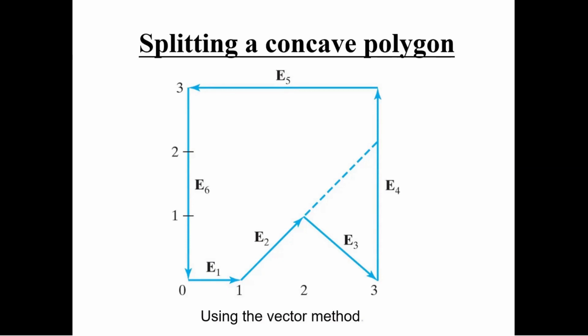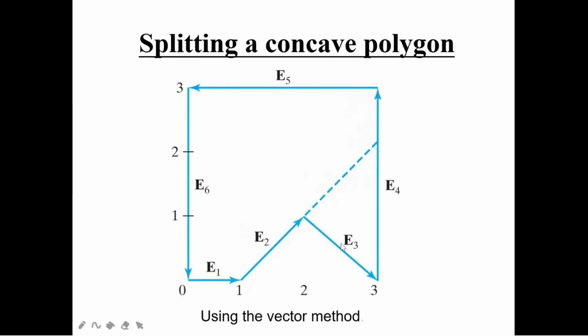So you can see one diagram over here. This is already a concave polygon, and now I want to split it. For the timing, just ignore this dotted line, because it comes from the splitting process we have gone through. Otherwise, you have to start with 0, 1, 2, and this point will be 2, 3.